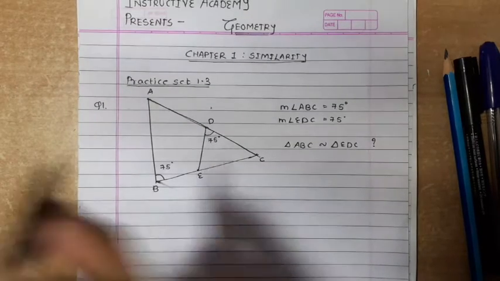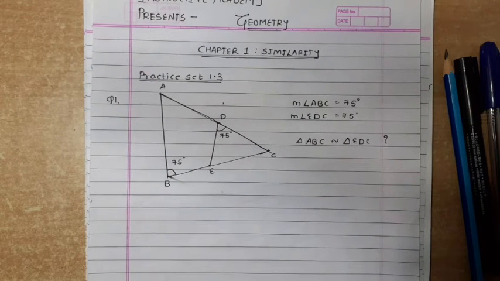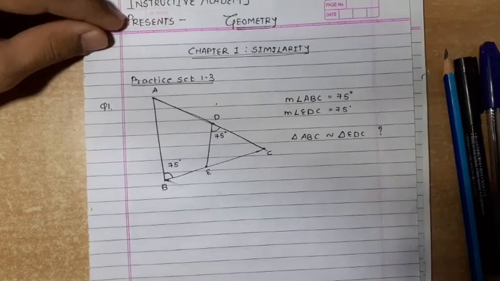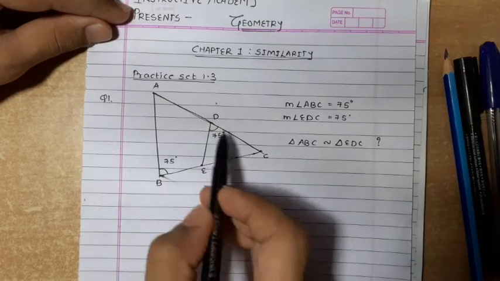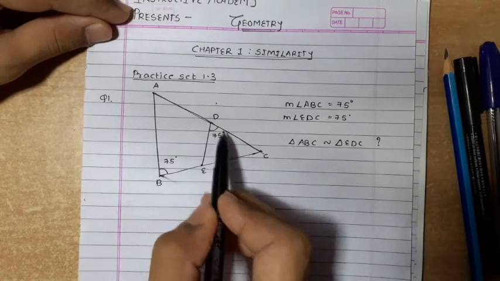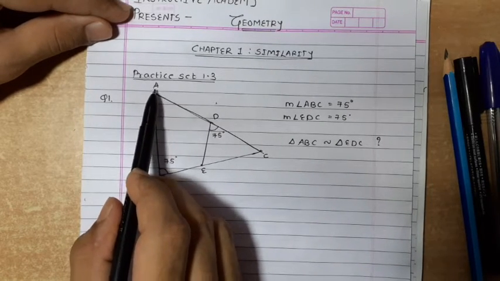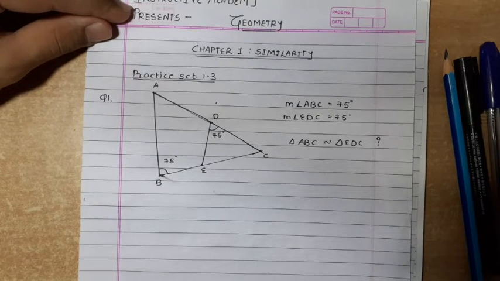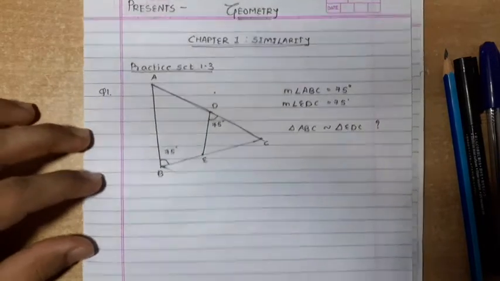We have to find a way with the help of AA test of similarity. But the problem is we have only one angle given in the question. Think, friends. Yes, you are right. We have one angle given, but by default, because of the diagram, this angle of the smaller triangle EDC, angle DCE, is congruent to angle ACB of triangle ABC. Let's solve the question.